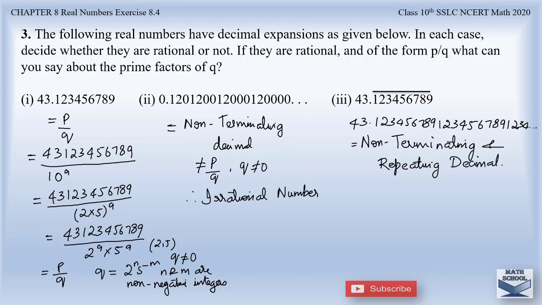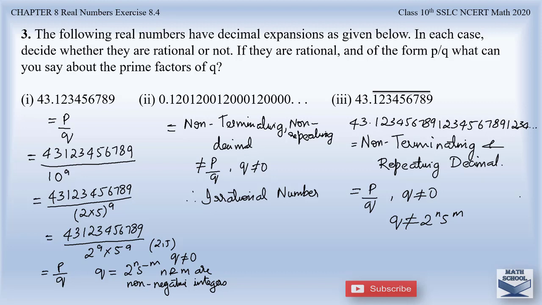Okay, here you saw that it was non-terminating and non-repeating. The numbers are not repeating, but it is going on till infinity. So therefore we can say this is a non-terminating and non-repeating decimal. This cannot be written in p by q form, whereas here it is non-terminating but repeating decimal expansion. Therefore this can be written in p by q form, where q is not equal to 0 and the prime factors of q are not of the form 2 power n and 5 power m.